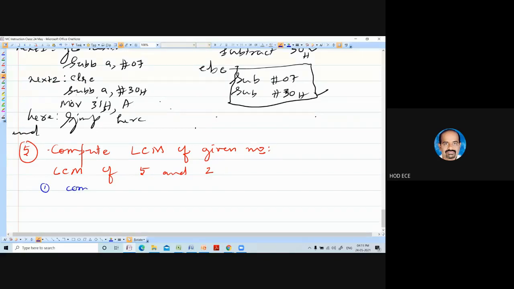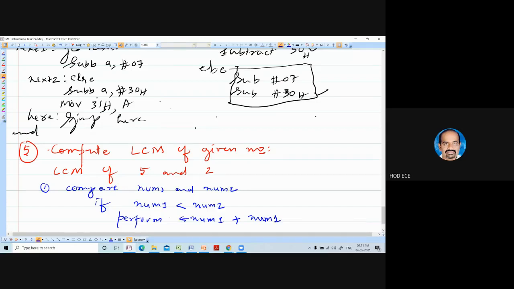Compare number 1 and number 2. If num1 is less than num2, then perform num1 plus num1, add it with itself and copy it to num1.